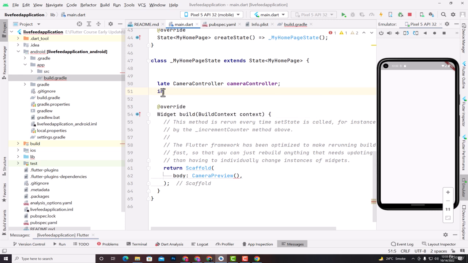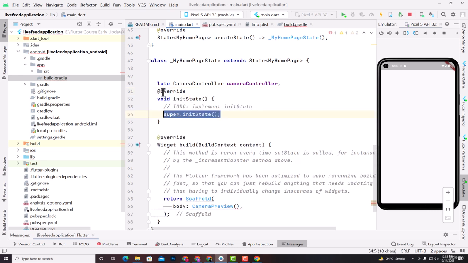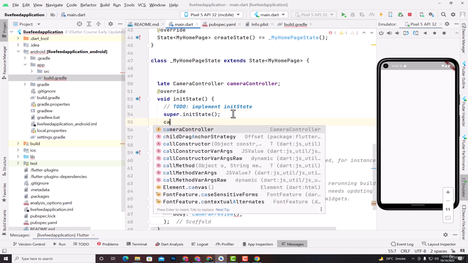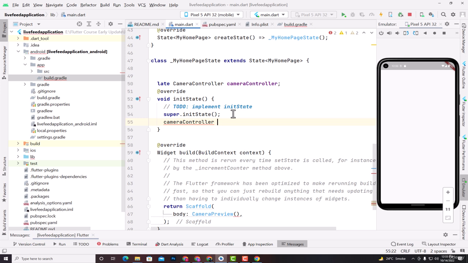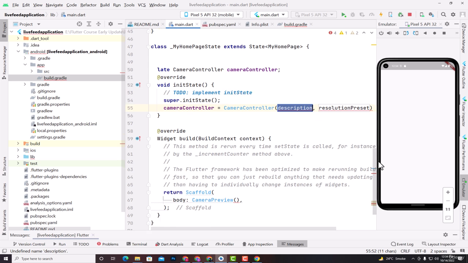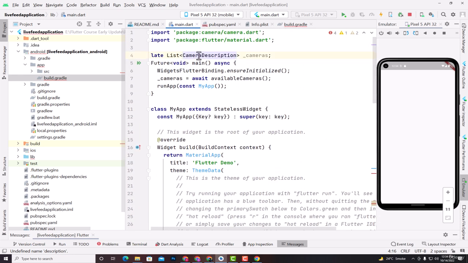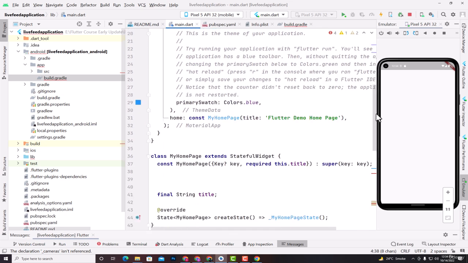So type init, and there you can see this option. Press enter and this method is declared, and inside it we will initialize our camera controller. So cameraController, and then we will call the constructor of this CameraController, and inside it we need to pass two things. The first thing is the camera we want to use, as we got the information of cameras inside this list. So we got this underscore cameras list,